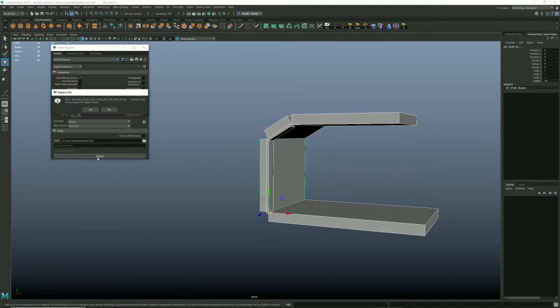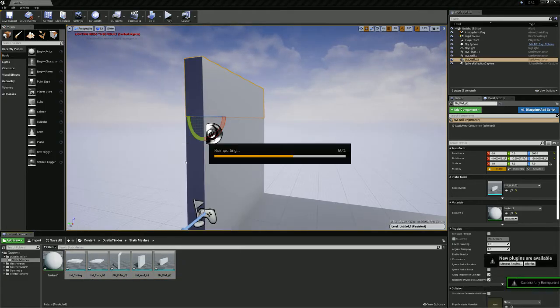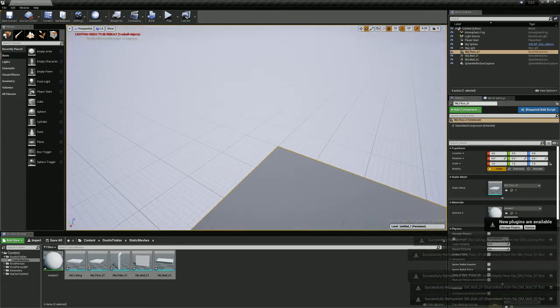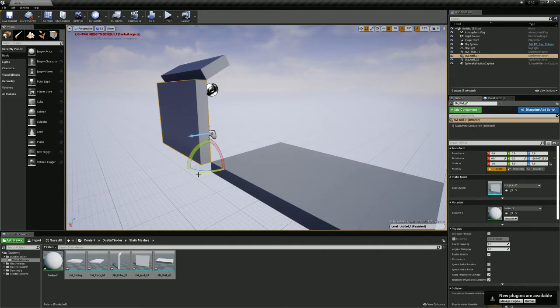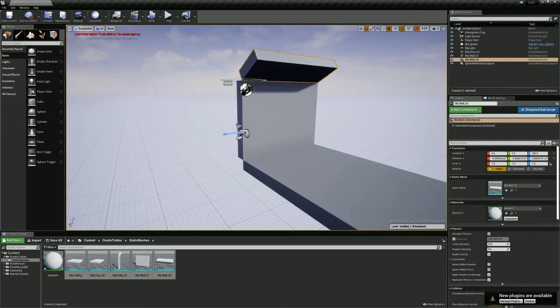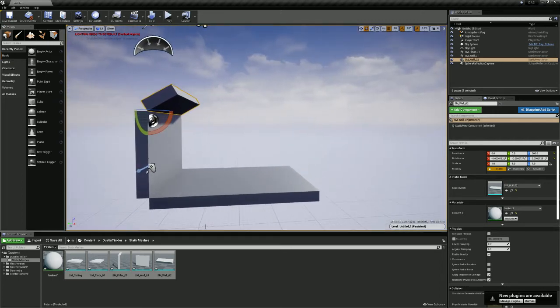Okay, so again, re-export all those back in here. Simply drag them all, re-import, and this should... Oh, look at that! They all were messed up. Okay, because of those transforms. So definitely we need to pay attention and need to freeze our transforms and delete our history. Okay, now